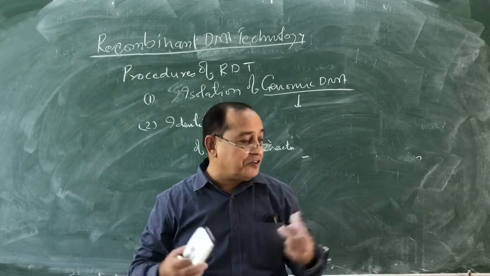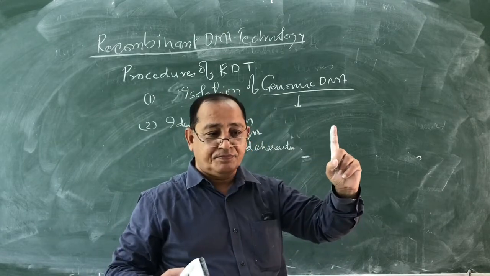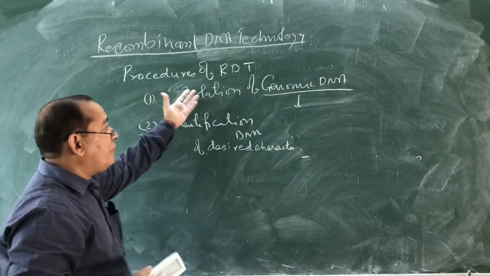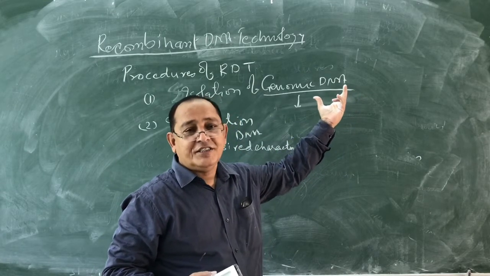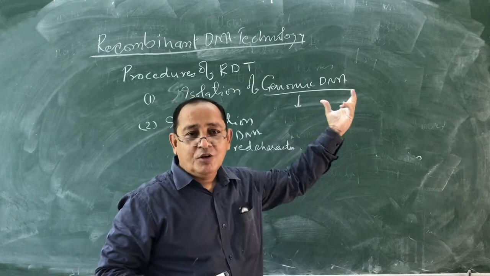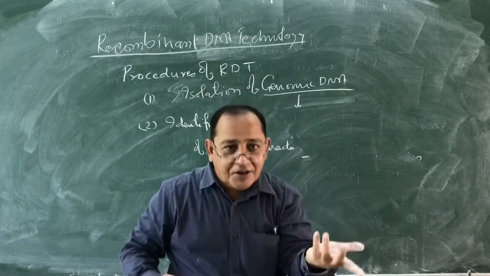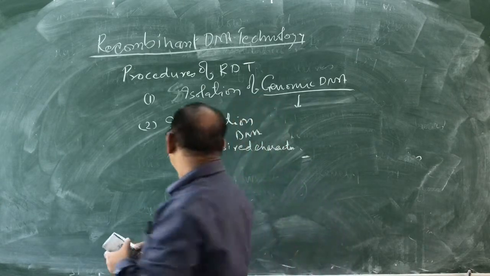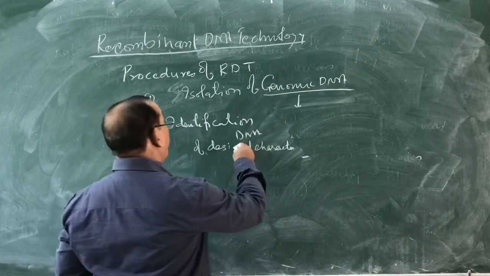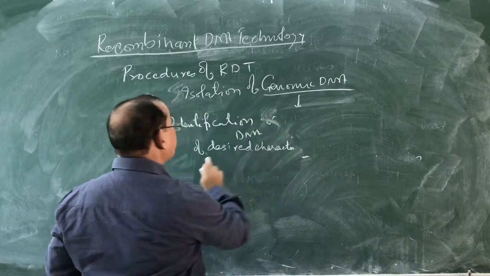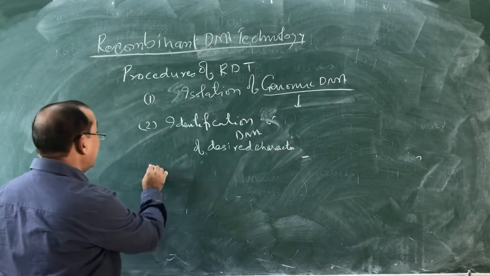The genes of all the traits are present in genomic DNA, means total DNA of a cell. Here, first of all, you have to isolate the genomic DNA, from which you have to identify a particular gene which is to be transferred. So, identification of DNA, and DNA of desired character you have to identify, then